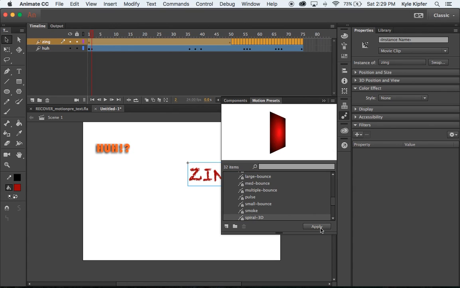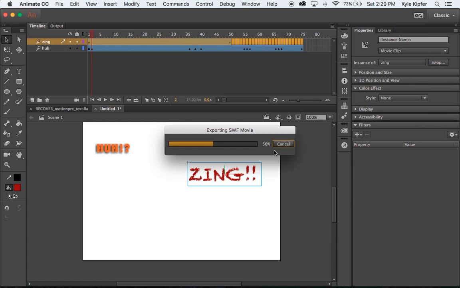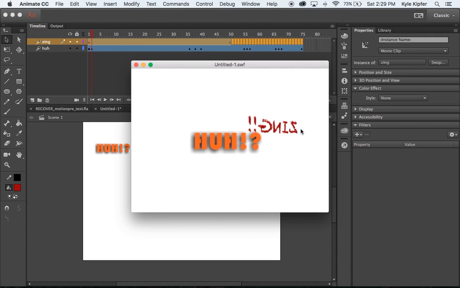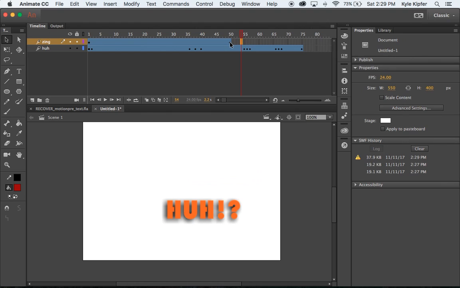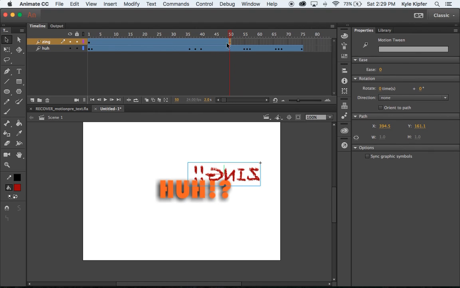It brings into play our 3D rotation ability that we have in Adobe Animate, which is pretty fun. But when I preview this, you'll see it's going to just flip one way and then stop. So what I'm going to do is make a little adjustment to it. I'm going to select this last frame here, and when you see next to your cursor that white box with dots around it, it means you can move that frame. I'm just going to move that earlier, about midway, 25,